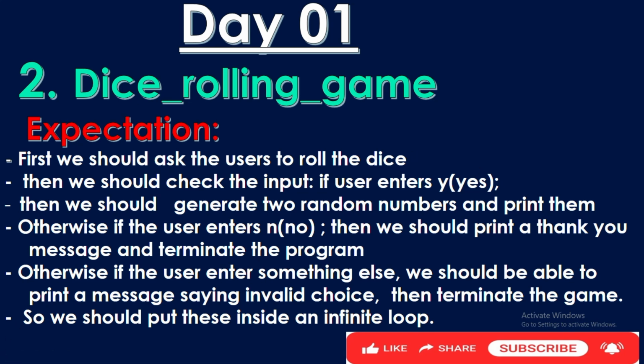And as I told you guys, whenever we are dealing with any project, we always create an expectation. Yes, dice rolling game. How do we map it out first? So what is the map that I'm giving out for us to be able to go? First, we should ask the user to roll a dice. Then we should check the input. If the user enters a yes, which is a Y, then we should generate two random numbers and print them. Otherwise, if the user enters a no, then we should print a thank you message and terminate the program. Otherwise, if the user enters something else, we should print a message saying invalid choice, then terminate